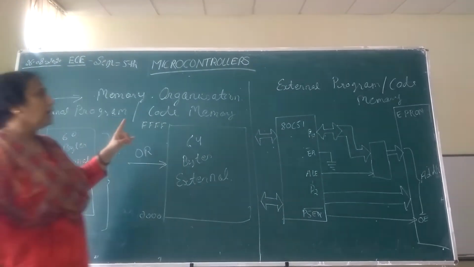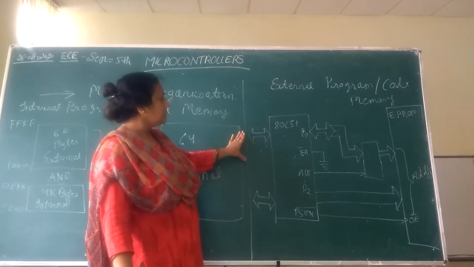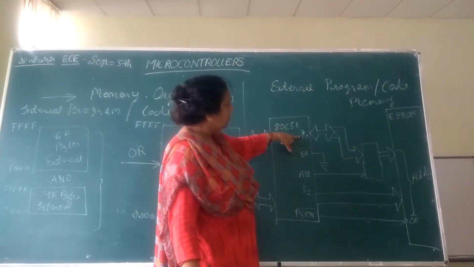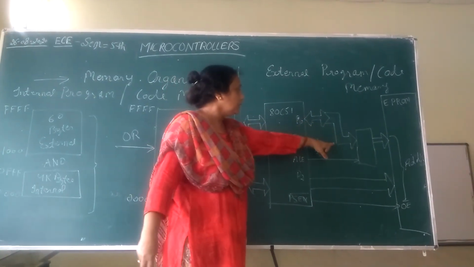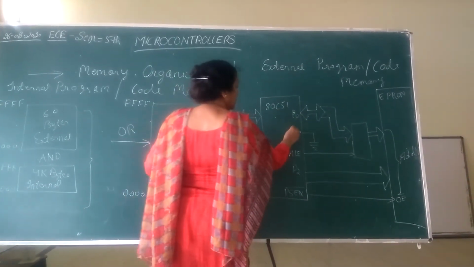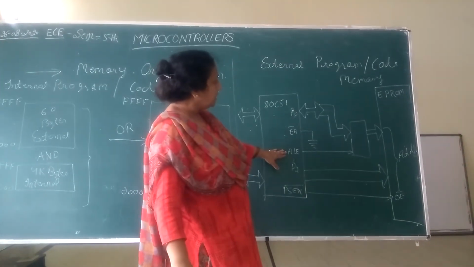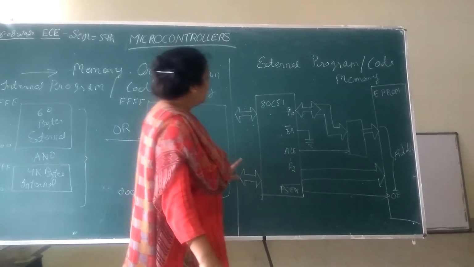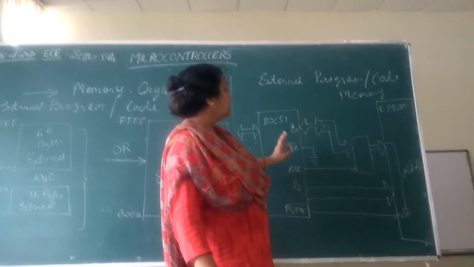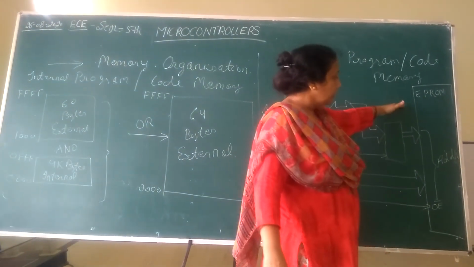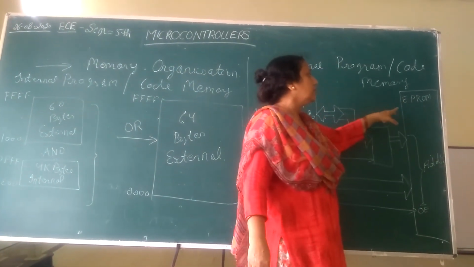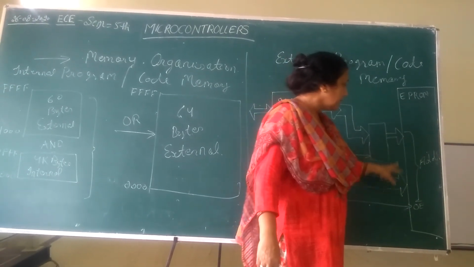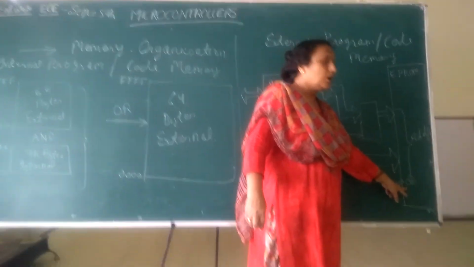Okay, and this is your external program code memory in which the signal comes from this bar. Notice the point in this signal goes from this to this. EA is the one which controls your signal. ALE is the address latch enable control. P2 is a port, and PSEN is a signal which is given to your external memory, and then the signal goes in this memory and is stored in this memory. This is the EPROM, which is an erasable programmable read only memory, and there in this address bar your data is stored. This is your output part.